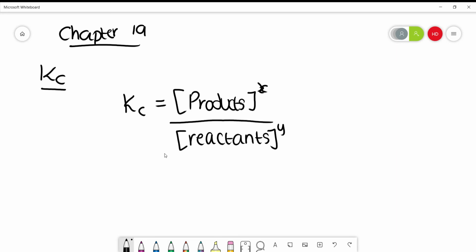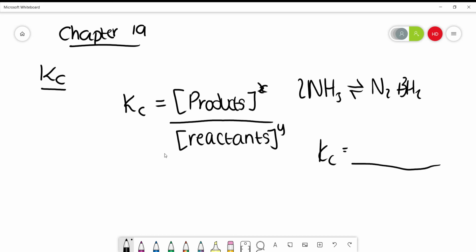For example, if we were to do NH3 goes to nitrogen and hydrogen, this is the reverse equation of the Haber process. That gives you 3 hydrogens. The Kc could be represented as, for the reverse reaction, so not for the forward reaction, Kc could be represented as